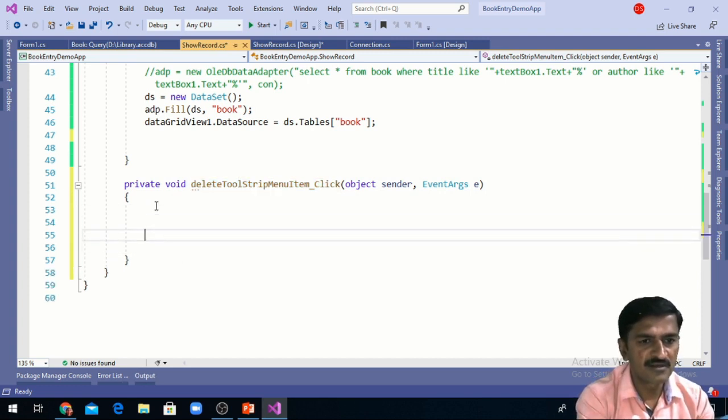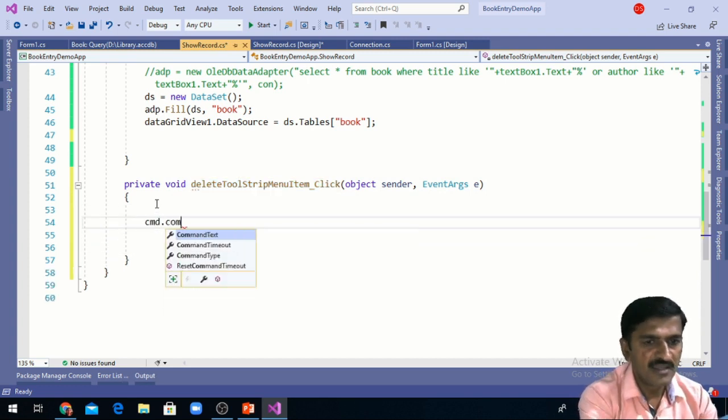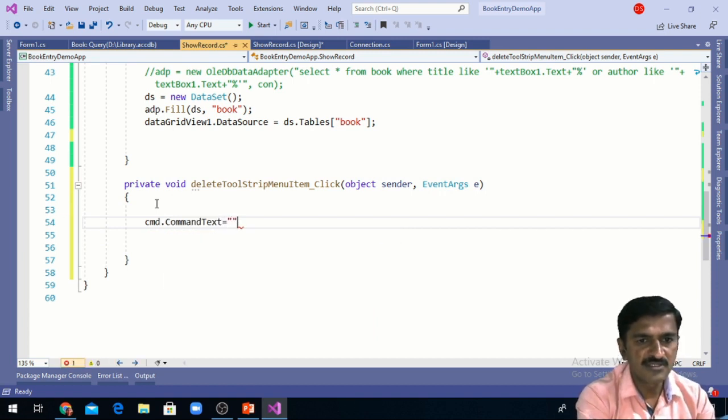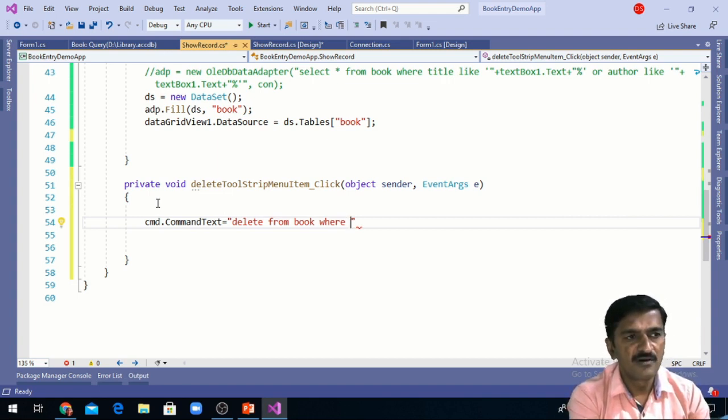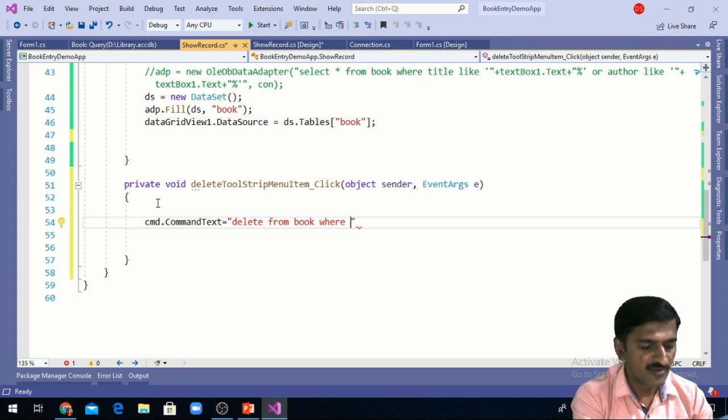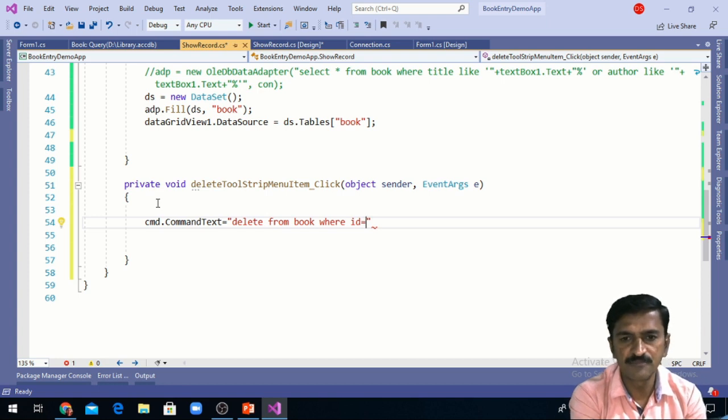Here I can write the command: cmd.CommandText is equal to delete from book where. Which record do we need to delete? We have to find out the row and the ID of the book record that is to be deleted, where ID is equal to the ID that is selected by the user.